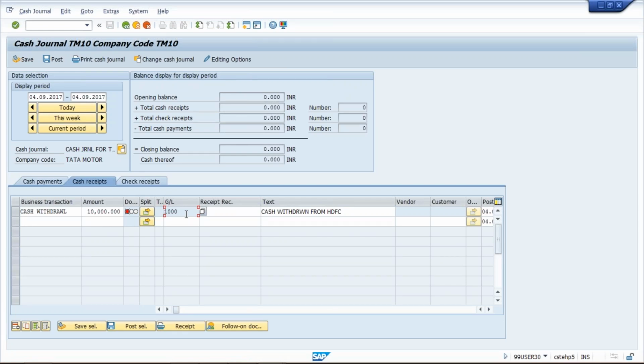Now, this is the transaction which we have recorded, but it is not posted yet. It is showing in red color. Red color means entry recorded. So how can you come to know that this entry got posted? This entry got posted only if this red color is converted into green color. That green color will appear here at the extreme right.